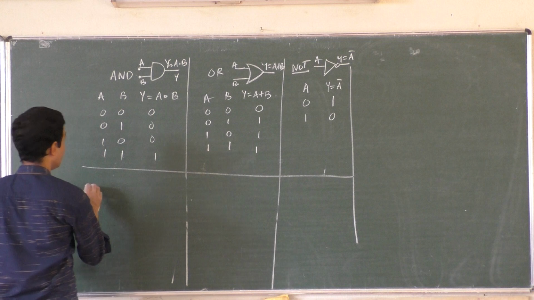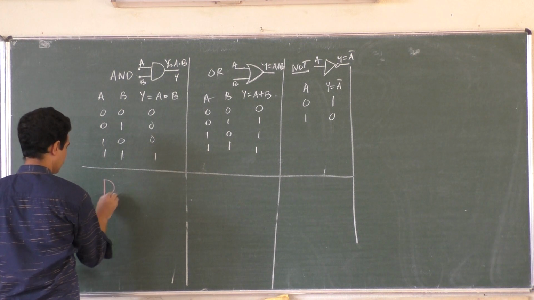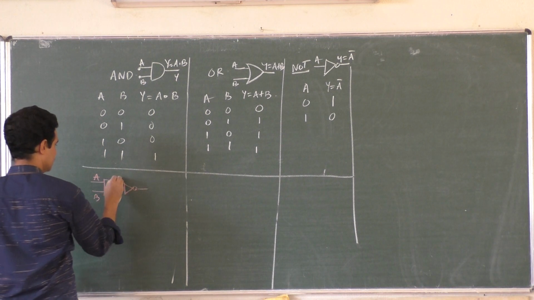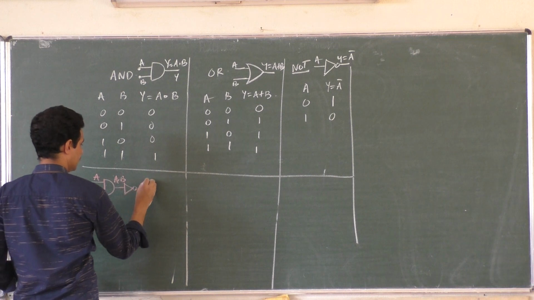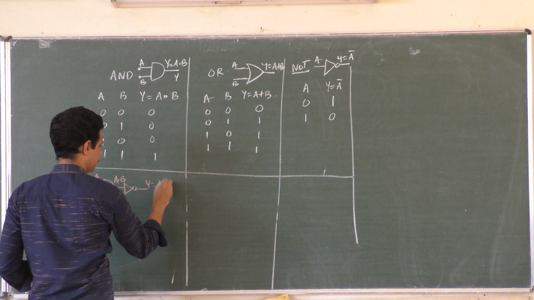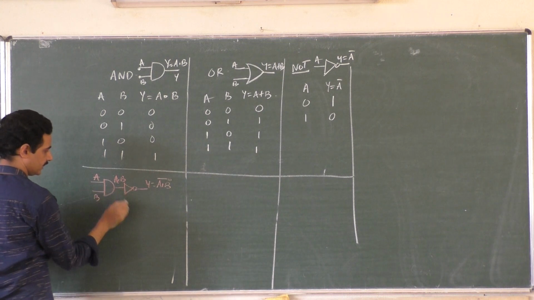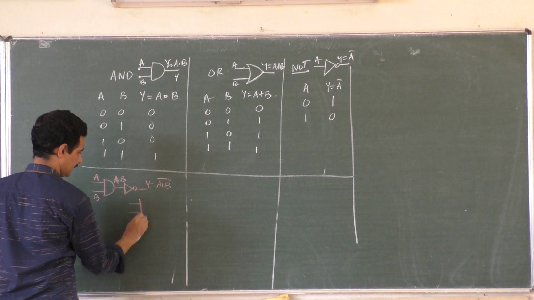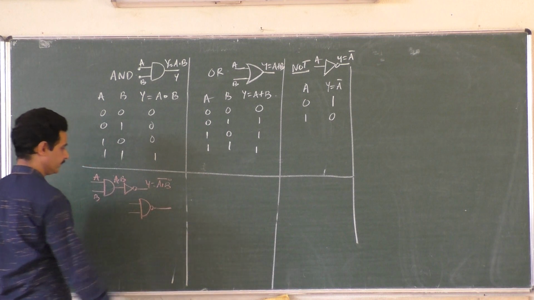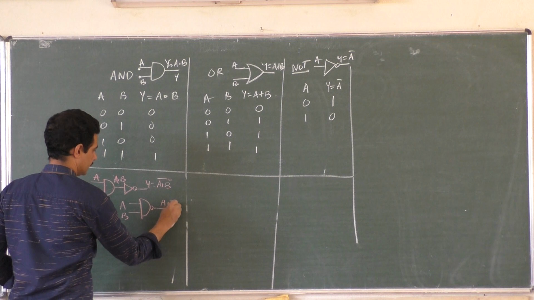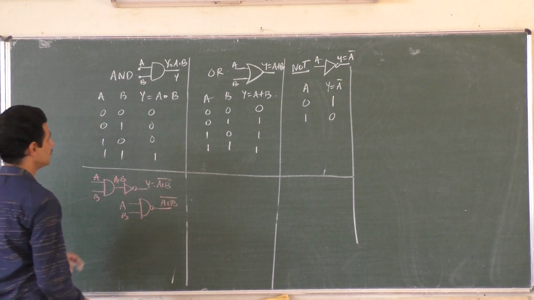Okay, so take an AND gate, right? Connect a NOT gate to the output of the AND gate. A, B, A dot B and Y is equal to A dot B bar. And how do you write the symbol? Directly this bubble is transferred here, that's all. So this is the output, right? A, B, A dot B bar. This is the NAND gate.